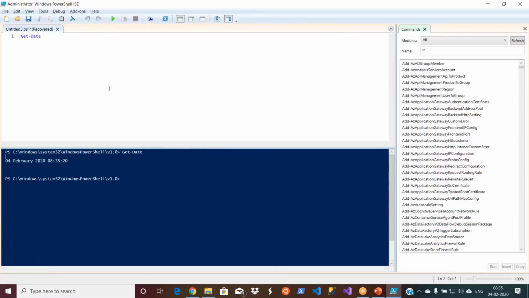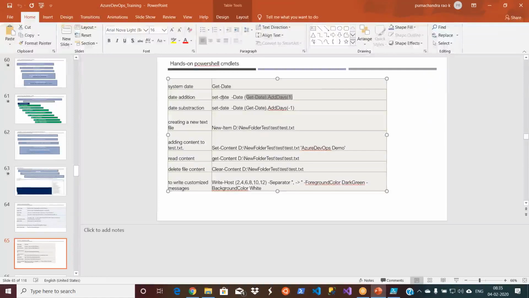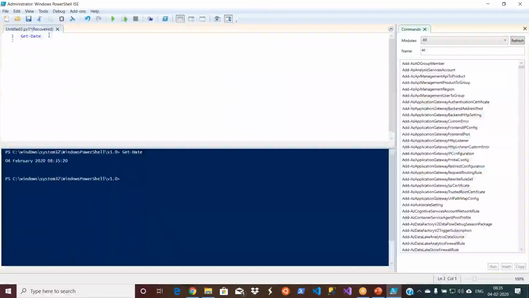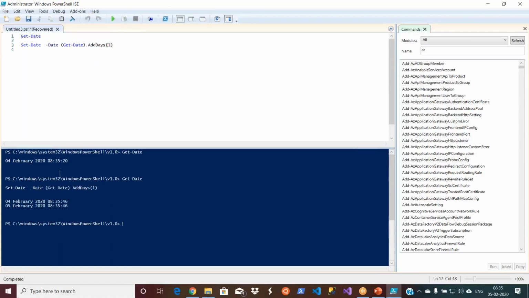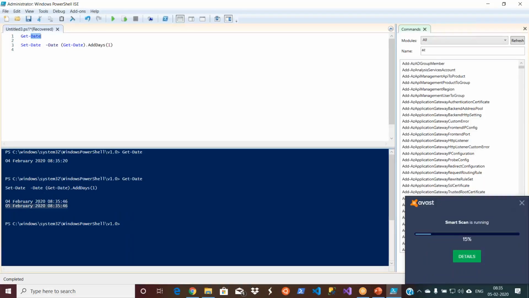If you want to add to the date, I'll just use a couple of things here, and then you can do it on your own. I want to add one day to the current date and see the output. For that, it is Set-Date. I can click on the tab so that the casing gets adjusted. So I'm setting the date to the current date, and I'm adding one day here. That's it. If I add one day, it is 5th February. Since the first command is also executed, it is giving 4th February as well. So this is how you work with dates.